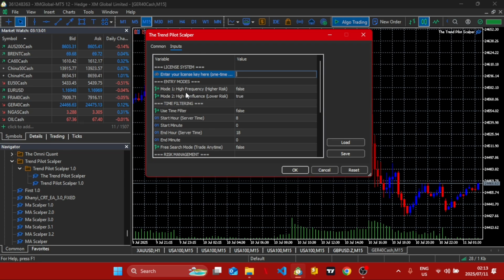This high frequency mode, I'll explain what this is, the high frequency mode and then the high confidence mode. Essentially, as you can see, the one is slightly higher risk, the other is slightly lower risk. You can take these with a pinch of salt because the risk is more or less the same. You'll just get a few more false entries. You'll get a few more false signals out of this, but you'll get a lot more trades in total, and